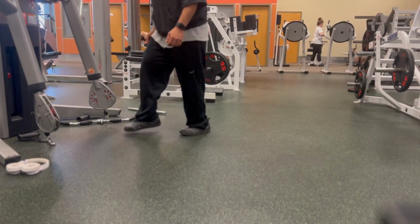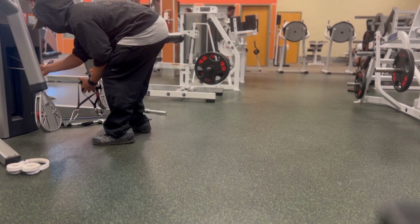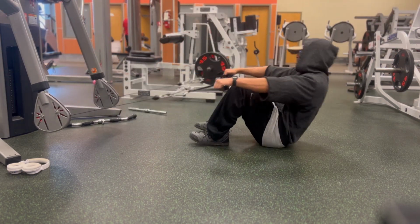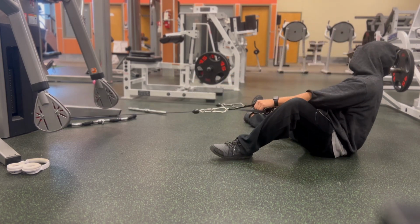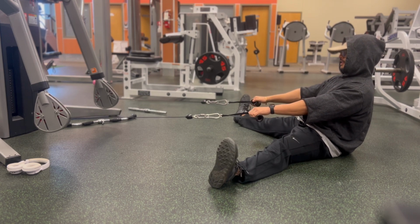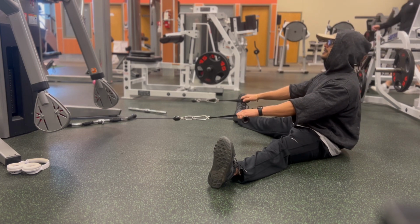So for the next exercise, I'm doing cable good mornings. Doing individual handles on the cable machine. Stepping back and spreading my legs wide to the point where I feel a stretch in my groin or in the adductors. Then retracting my shoulder blades, keeping an open chest, looking up, and